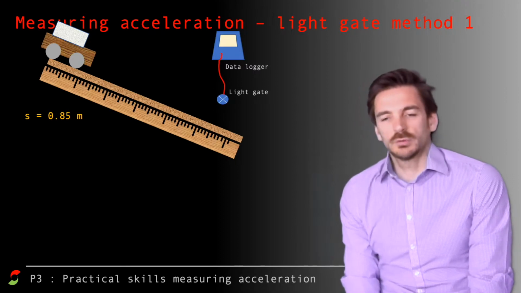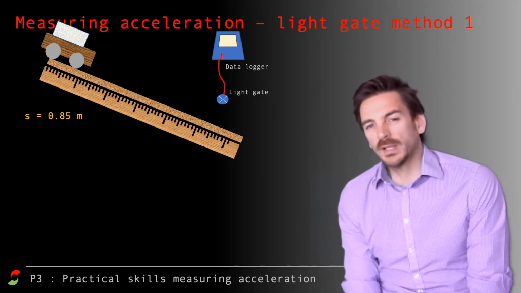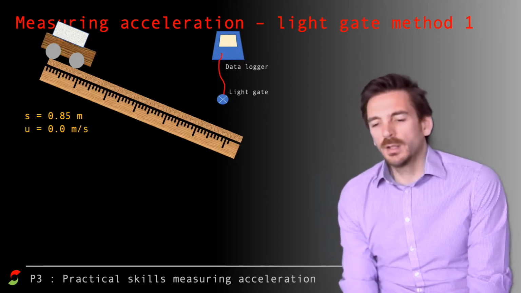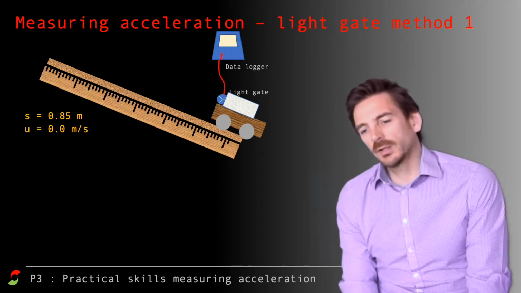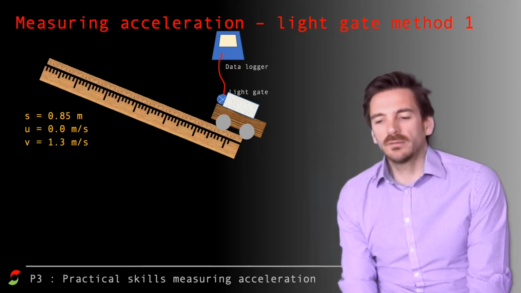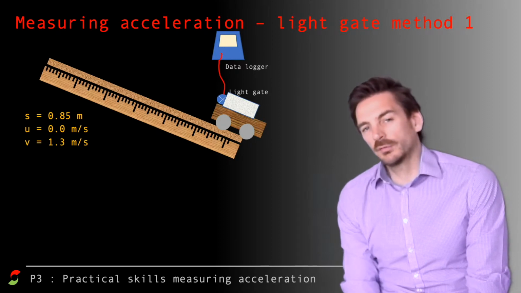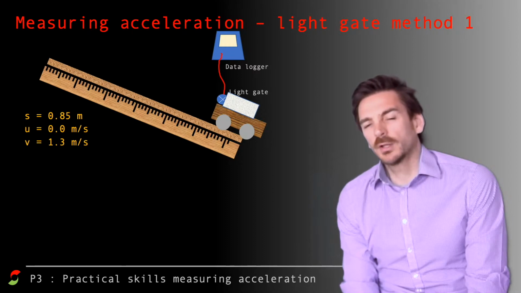So we do a little example for you. Here we've got our trolley. It's going to travel 0.85 meters down the ramp, which has been measured by using a ruler. And it's held at rest, so that means that the initial velocity is 0. And there it goes. It breaks that beam of light. And the data logger calculates that the velocity at the bottom is 1.3 meters per second. But don't forget, we've measured the length of the interrupter card, and we've placed that data into the data logger so that it can